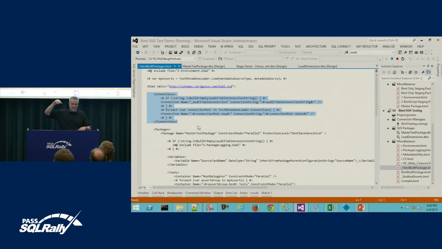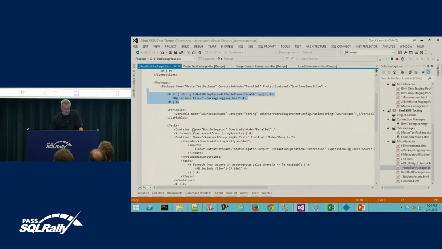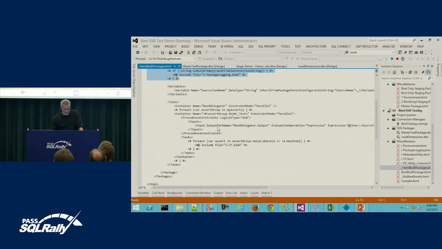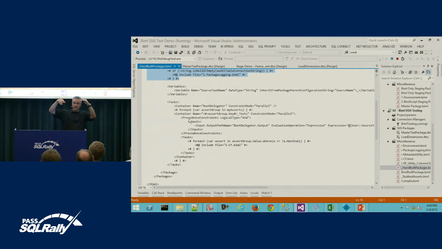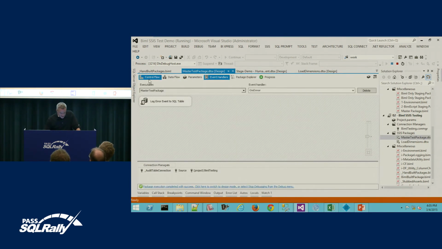The first one I check to see if there's an audit table connection, and if there's an audit table connection, I'll add that connection in there. Then I go through and I add that logging piece, and then I iterate through and I create that second package, the system package that has all the logic. And it's basically a package that has, oops, wrong one, right here, master package. It has